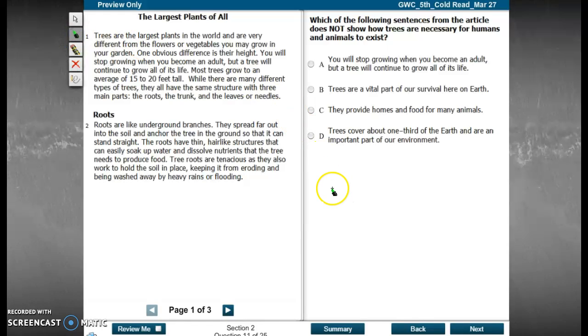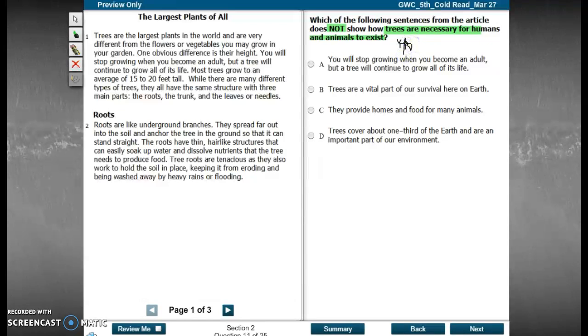All right, so number 11. Which of the following sentences from the article does not show how trees are necessary for humans and animals to exist? Necessary means needed. So you want to really focus. First of all, I see a big, huge not, which I know my strategy for that is doing yeses and nos. So you would probably want to go on to your